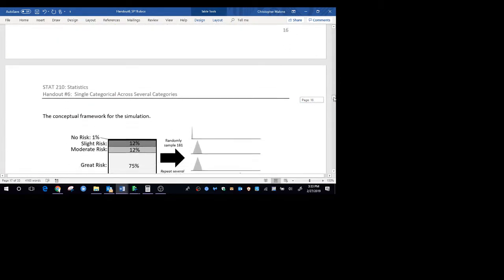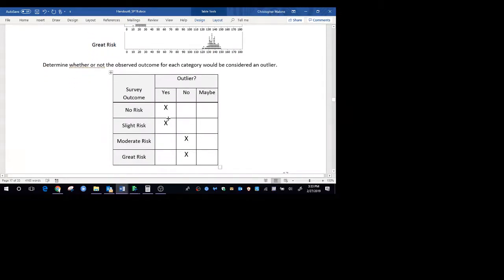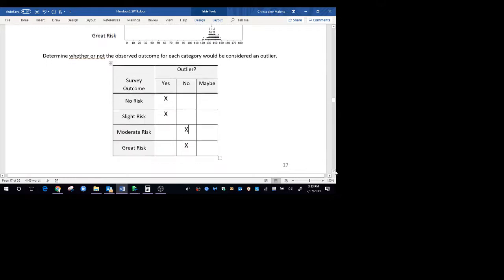Yep, 143. So 143 here is not an outlier. So here's a situation where for two groups I have an actually pretty extreme outlier, and for the other two groups I'm not. So we're going to have to struggle again with this. I need to condense this down into a single number in order to make a reasonable decision about the single research question that was being asked.